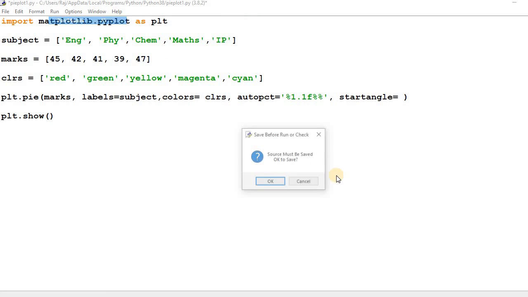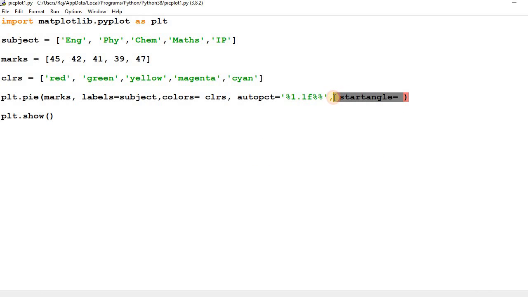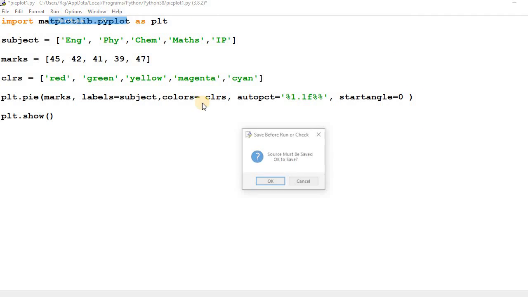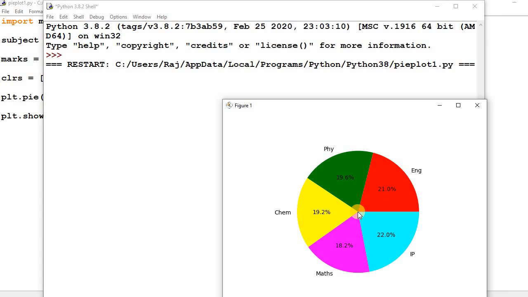First you run this program. The start angle, I have not given any value to this. Start is 0, the default value. Run the program, and this is the English value at 0 angle. So I want to set this to 90 degrees. The start means the first value should start at 90 degrees.